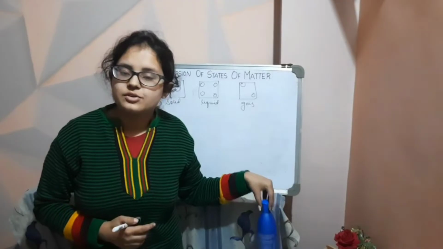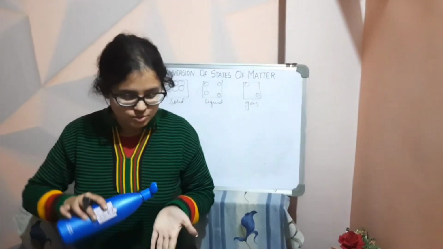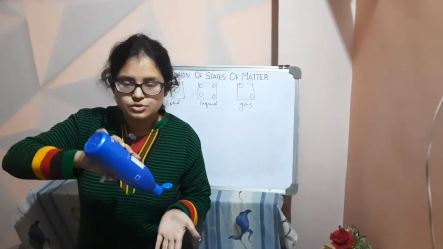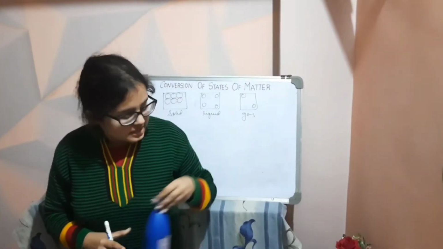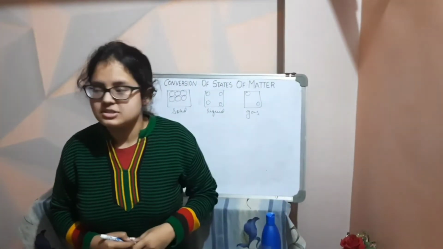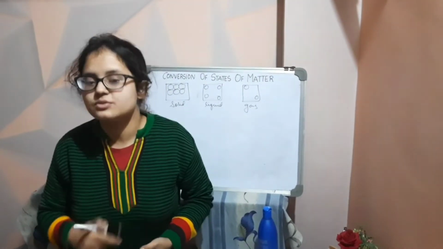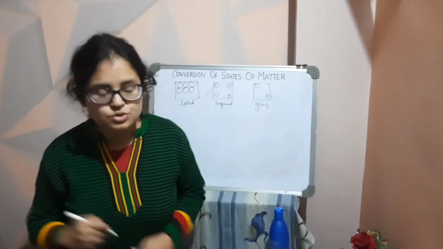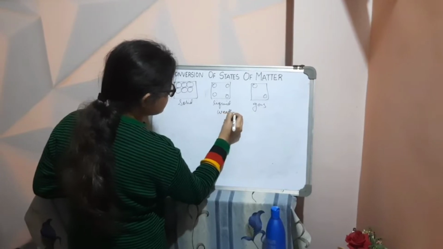We all use hair oil in our daily life. In winters, we notice that the oil is no more in its regular consistency. If I squeeze it like this, it's not going to flow down. But if I keep the oil under the sun for some time, it will get back to its original consistency. I am giving you 1 minute to think what is the reason behind it. Okay, the 1 minute is over now, and the most common answer is that this is because of the weather change.